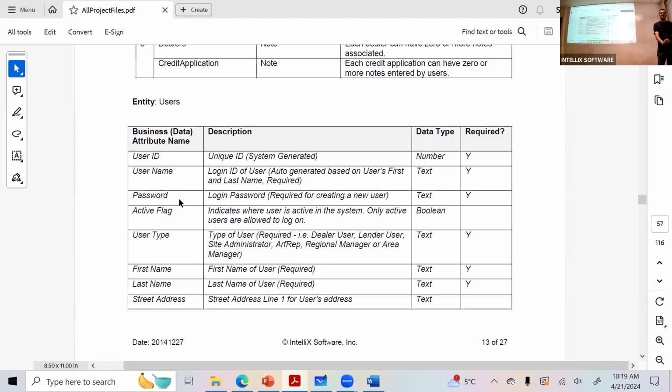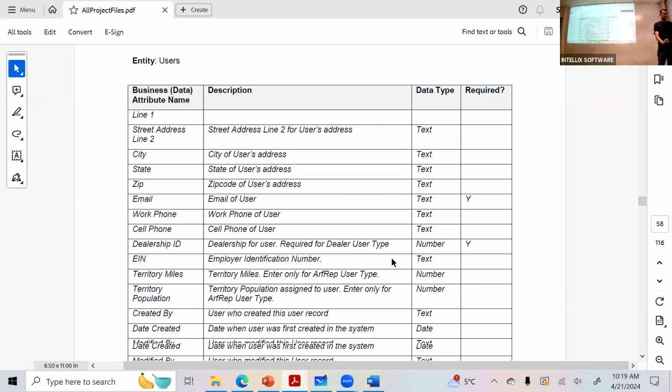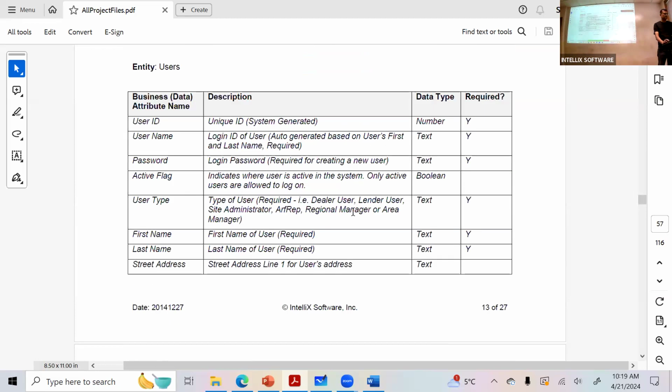Right, this is a design document. And you have all these fields. And you have these required fields. When you say I need to create a user, I need to supply all the fields that are required, basically, in order to create a user in the system. Now, when I say missing, if I don't supply any of these required fields, I shouldn't be able to create a user. I cannot create a user. Right? So anything that's required in the users section, basically, that's the information. This is part of page number 13 on the system design document.